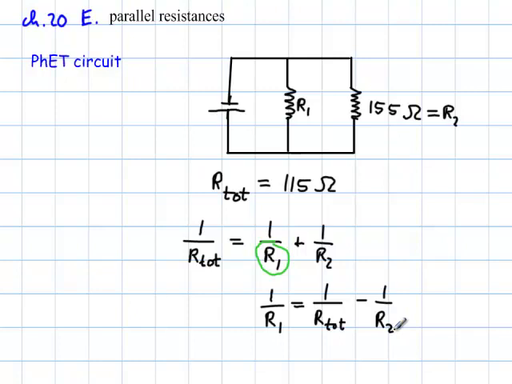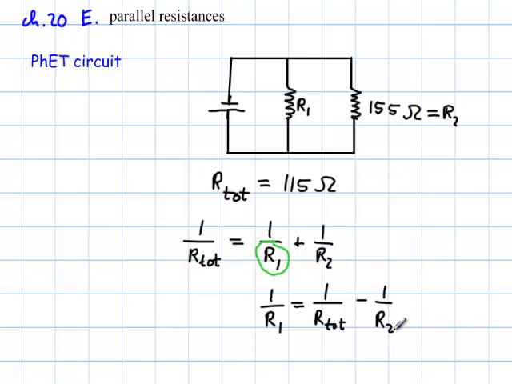And then it's just a matter of plugging in numbers, looking for my calculator on my desk. So what I do is 1 over 115, which should be the total, minus 1 over 155, and I come up with 0.002244. And when you come up with such a tiny number, then that tells you that you have to do